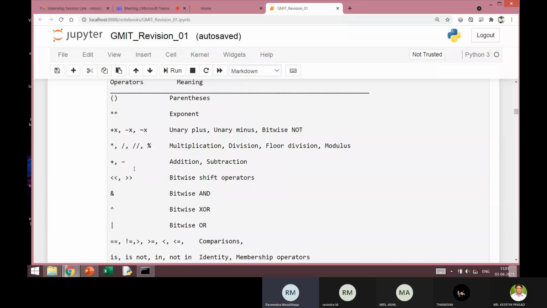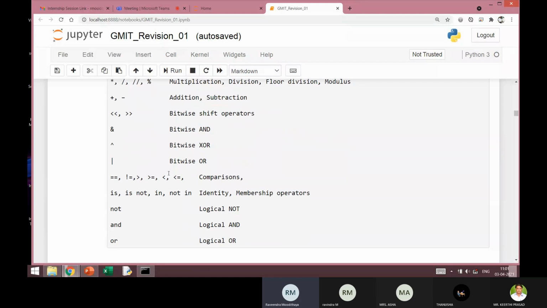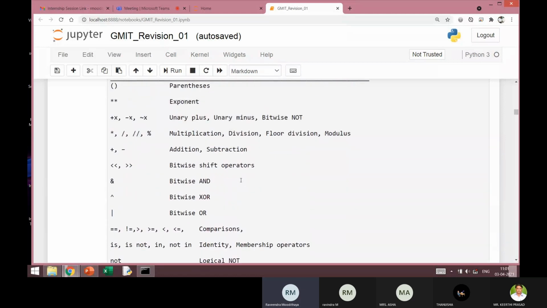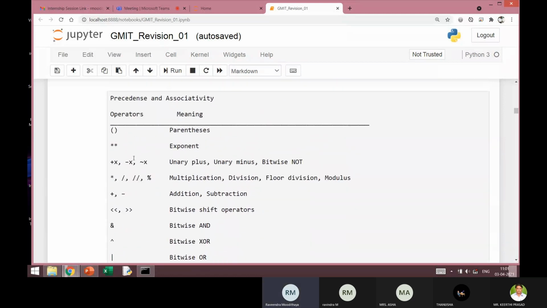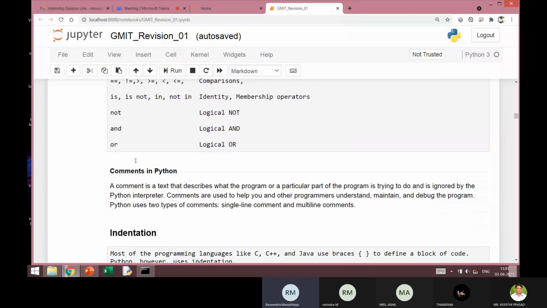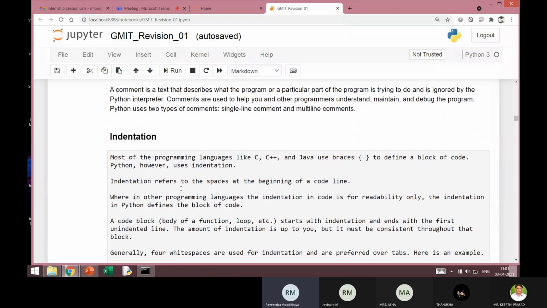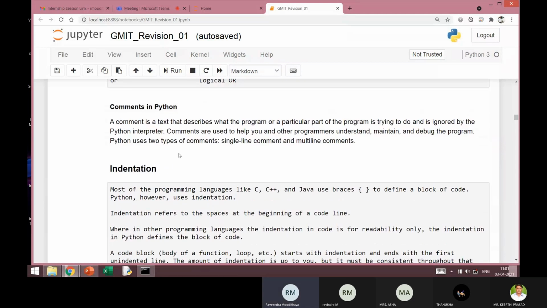Then you have the arithmetic operators, then the shift operators, and so on. This is the order in which they will be executed when you have a long expression with multiple operators. Well, if there are any queries, feel free to interrupt me at any point of time, no issues.